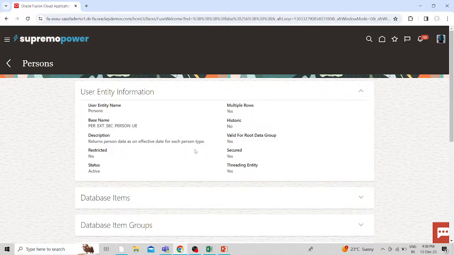Okay, so here by using this user entity detail page, you can review the type of the user entity,